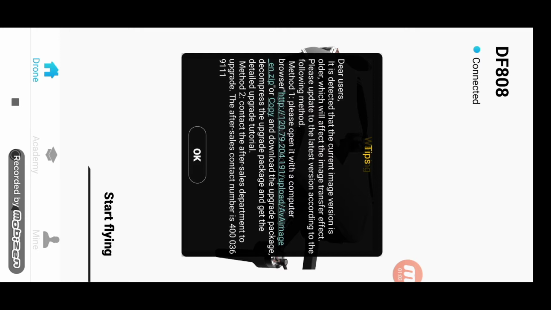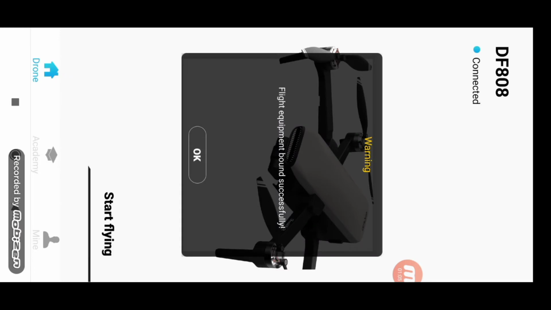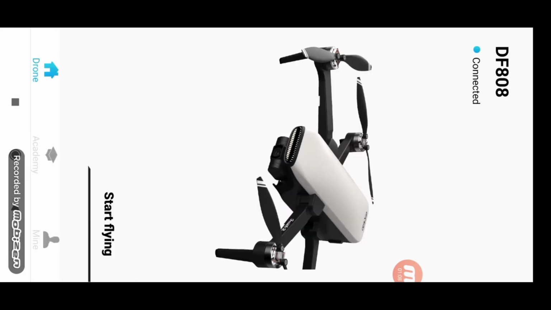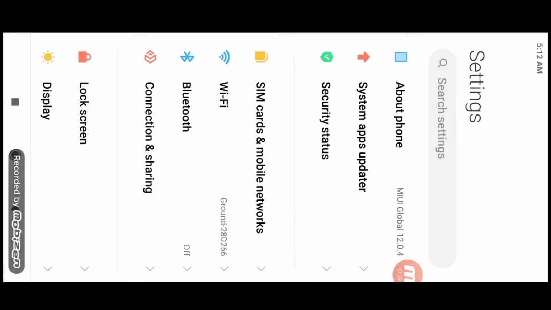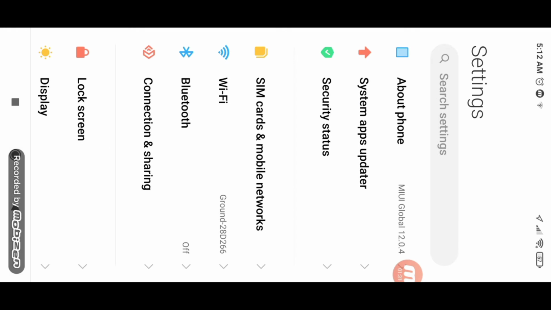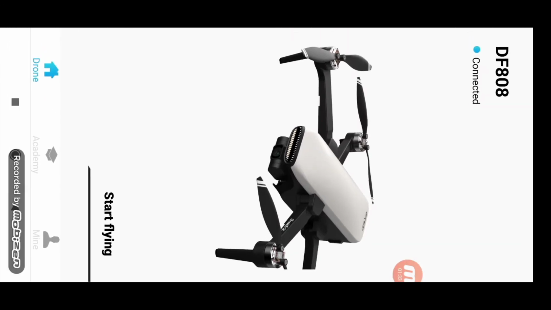So I will press OK. By the way, before you can access the C-Fly Faith 2 application, you should of course turn on the drone, and you have to connect the drone with the application.